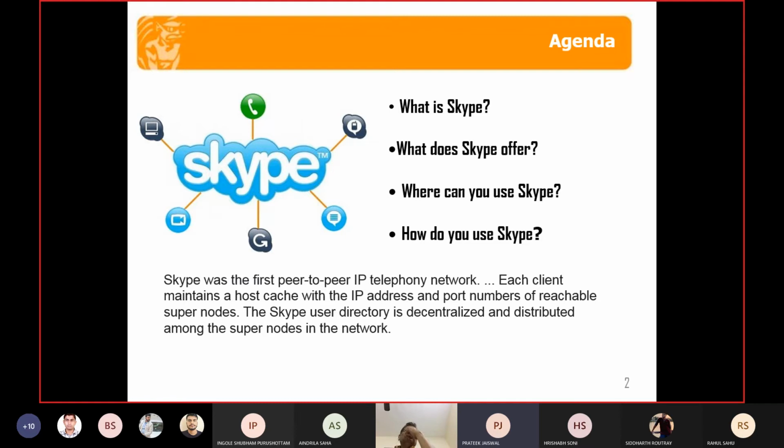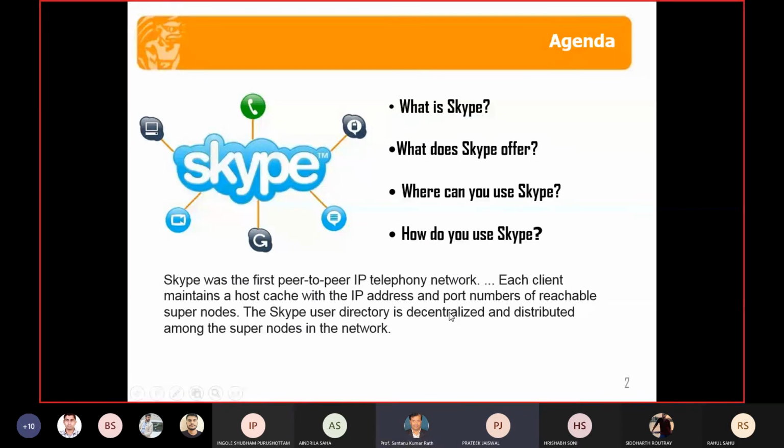So in this, as we know, it is peer-to-peer. Each client maintains a host cache with the IP address and port number of reachable supernodes. Supernodes are the nodes available at higher positions, like top level directory domain servers. The Skype user directory is decentralized.